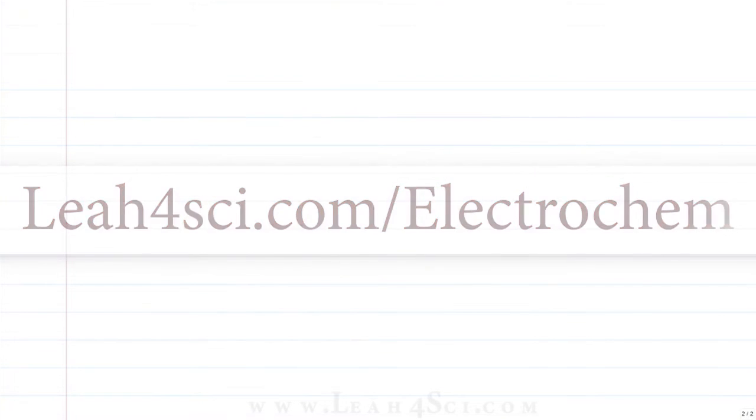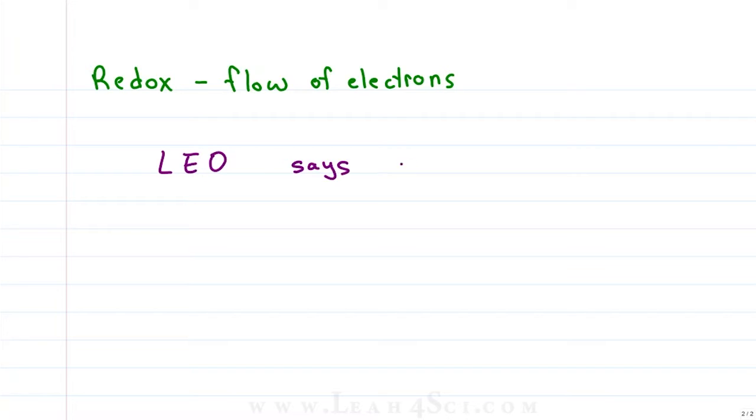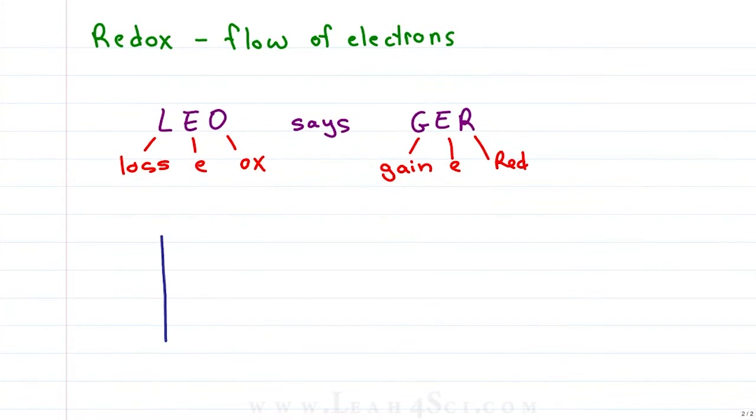As a reminder, redox is a pair of reduction and oxidation reactions, which gives us a flow of electrons, and the mnemonic, Leo the lion says, grrr, tells us that loss of electrons is oxidation and gain of electrons is reduction. If redox is happening in a contained environment, for example, A has an electron that moves over to